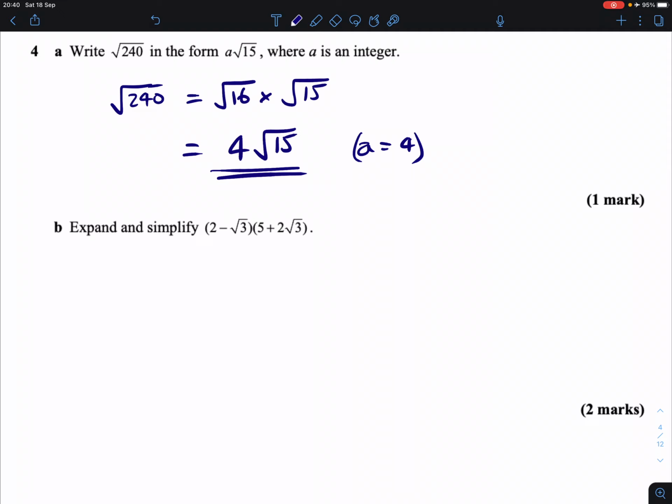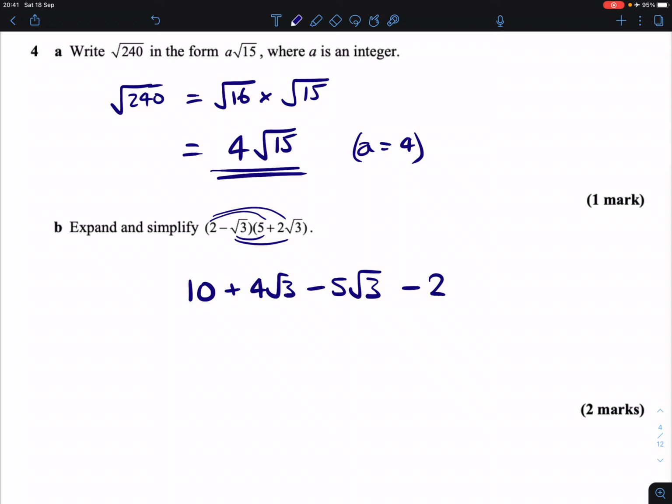Part B, expand and simplify. So we're looking to multiply each of these terms in each bracket with everything in the other bracket. We have a 2 times 5 for 10. We have a 2 times a 2 root 3 for a 4 root 3. We then have a negative root 3 times a 5, which will give us a negative 5 root 3. And lastly, a negative root 3 times a 2 root 3, which will end up giving us a minus 2